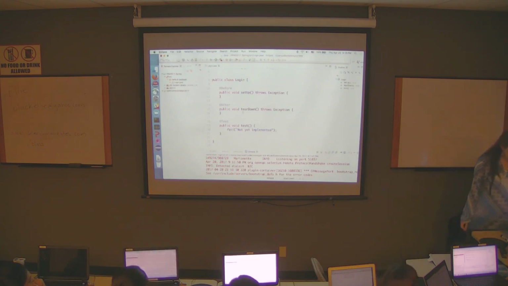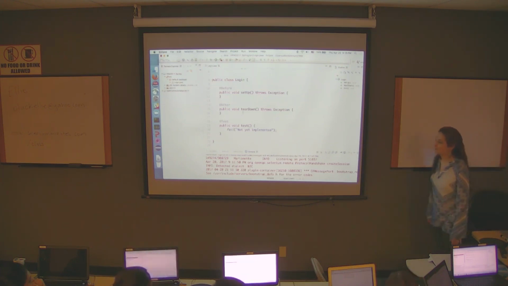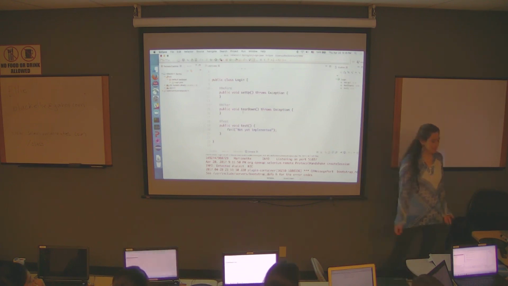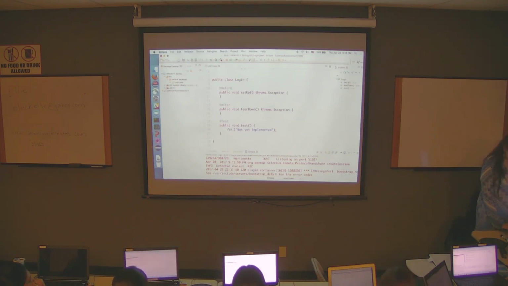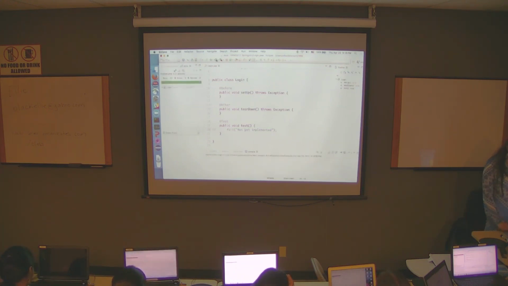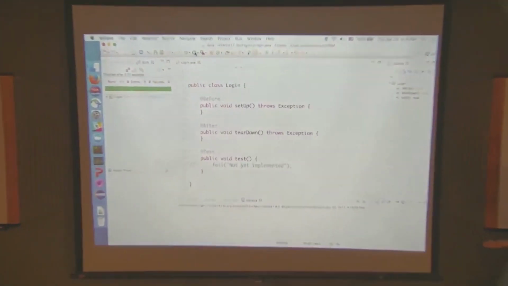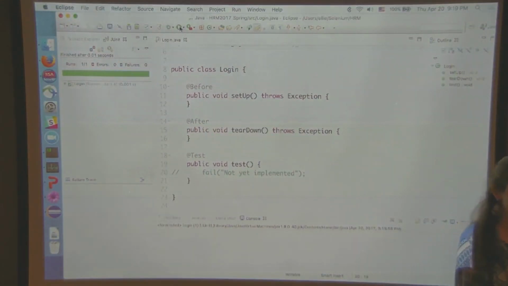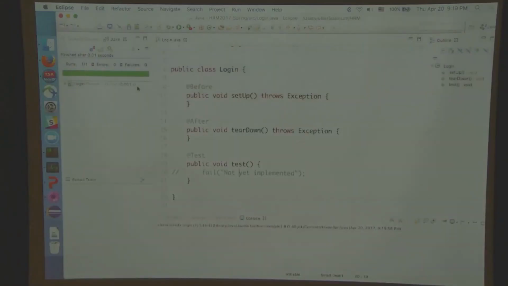Okay, so did everybody get their stuff to run? Did everybody see what happens if you comment out the failure and run it again? Here, I'll show you. If you comment out the failure and run it again, you get the green bar. Surprise! There's some other information you might want to notice. It also tells you how long the test took to execute. In this case, it took 1/1000th of a second to execute. That's because it didn't do anything.